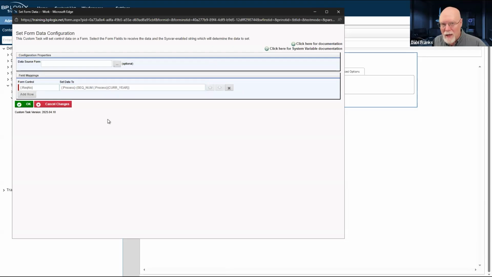Now, that process field, as we saw last week when we created the data, consists of a 2-digit code as the ID. So I'm going to use the 2-digit code for that process as the start of my request number. So like if it's an expense report, I think the 2-digit code for an expense report is EX. So it's going to be EX dash, and then it's going to have a number.